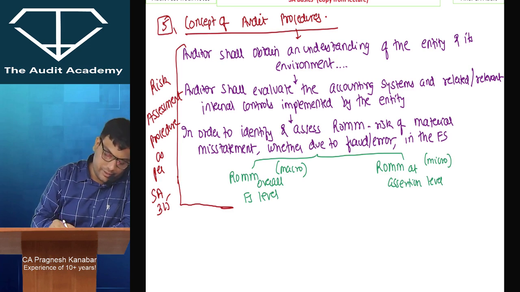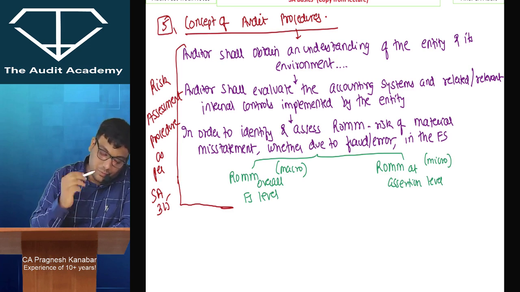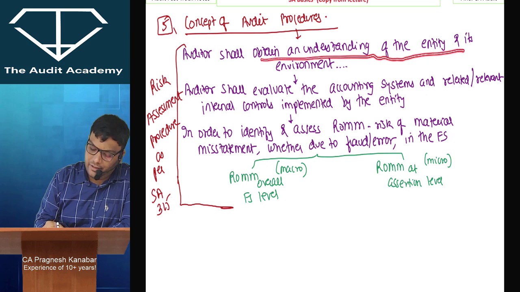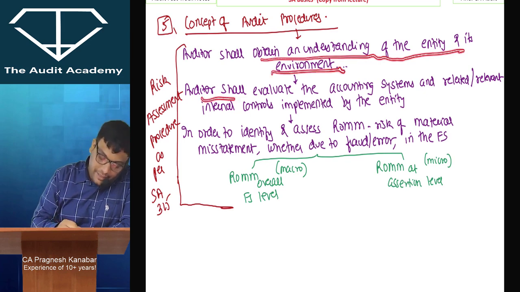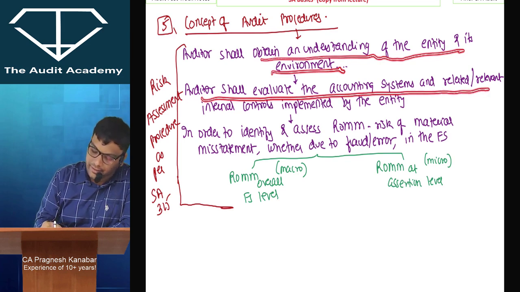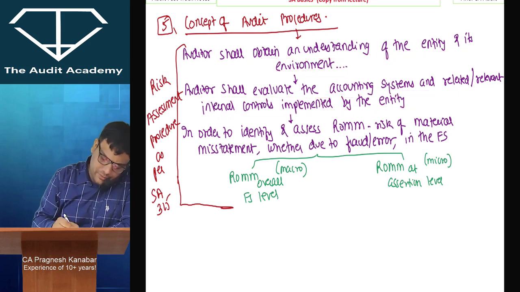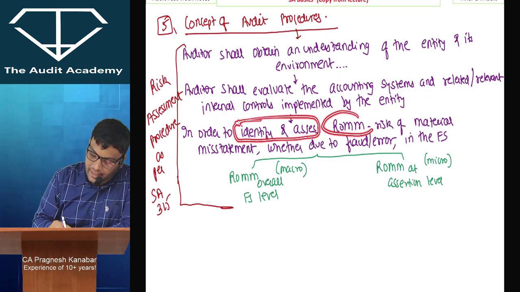Alright, but I want you to say this at once from start to end. So, what is risk assessment procedure? First, the auditor will obtain an understanding of the entity and its environment. That means the knowledge of the client's business. Then, the auditor shall evaluate the accounting system and relevant internal controls implemented by the entity. Why is the auditor doing all of this? So that he can identify and assess ROMM, risk of material misstatement, whether due to fraud or error